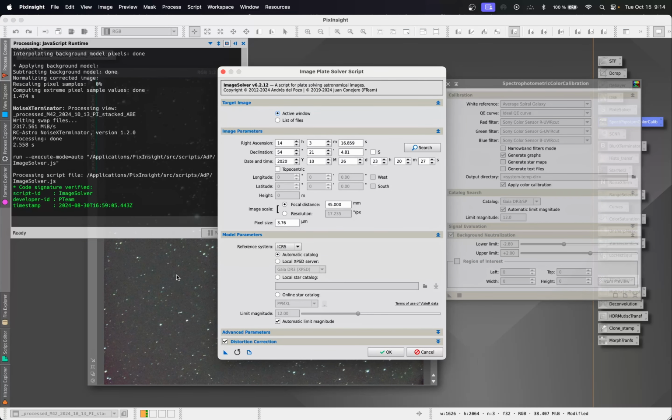If you did not stack your image in PixInsight, you will have to fill in the data here, the acquisition time and date and so on. Also the focal distance of your scope and the pixel size. But since I stacked my images in PixInsight and all the data are in the raw CR3 files,